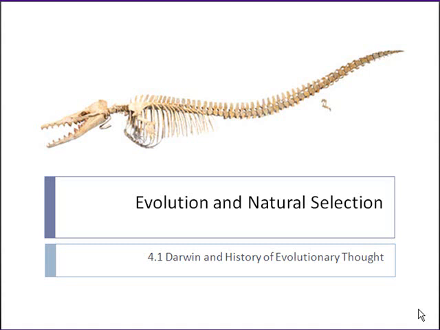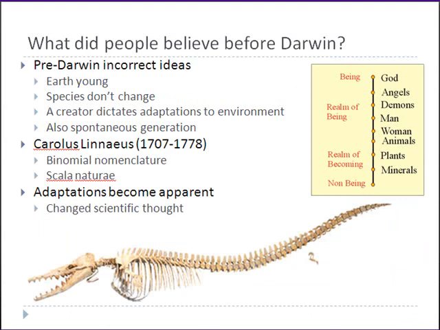This is the first lecture in the evolution and natural selection topic, and this first part of the lecture is going to be on Darwin and the history of evolutionary thought. So before we talk about Darwin and his description of how change occurs among organisms over time periods, I have to first back up and give you a little bit of history about what people thought about organisms and the relationships between each other before Darwin's